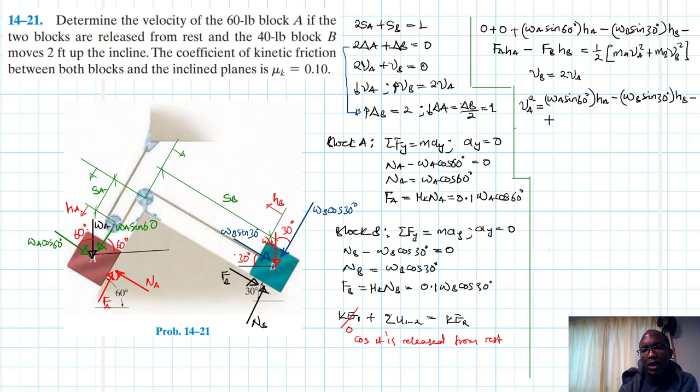And then we have our FA, which is the friction force, 0.1 WA cos 60 times HA, minus 0.1